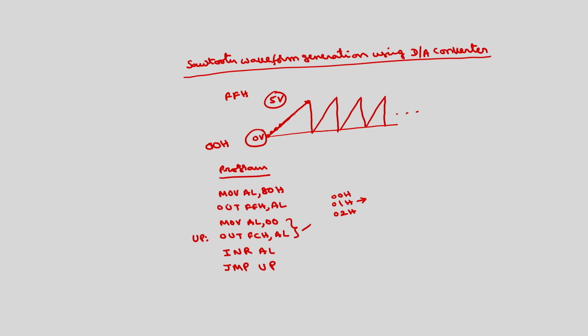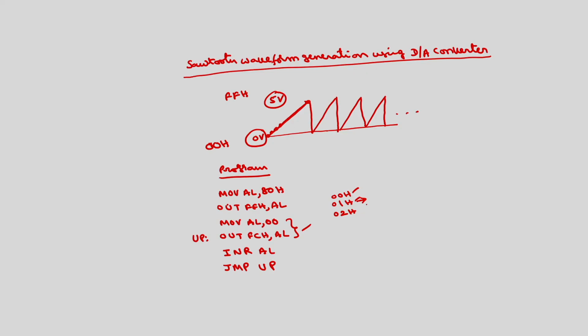How will this linear change occur on the screen of the CRO? Okay. Because inside the CRO there is a linear waveform generator, which will be applied to the X plates of the CRO. So because of that waveform, here also the signal, whatever digital value you are giving, the corresponding analog voltage will be moved in a linear fashion. It will go to 5 volts. Then what happens is this 00 will go up to FF. If I increment FF further, it will become 00. Means this will go to the starting value, and again this will continue in a loop.